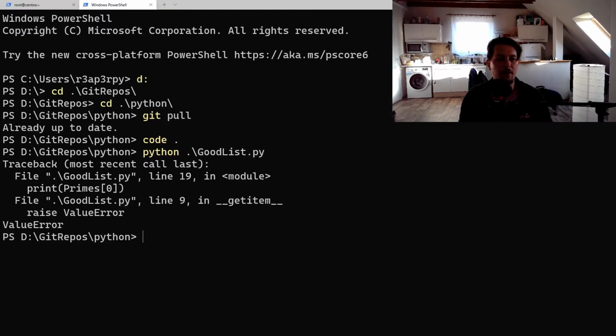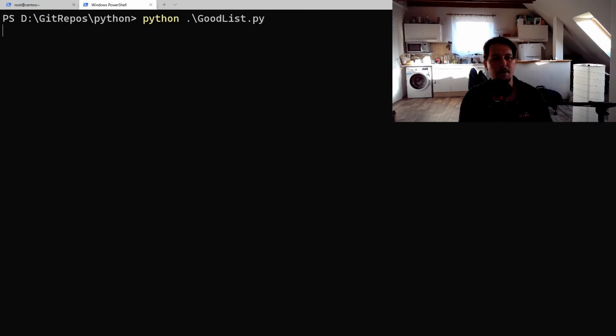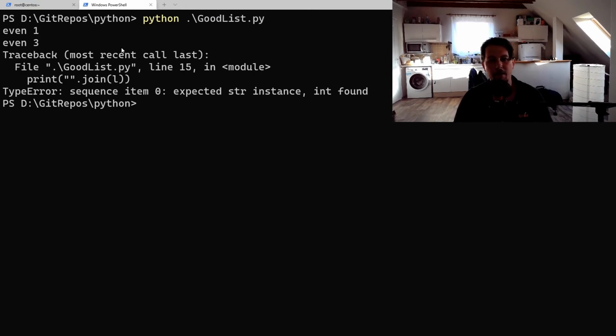It will not go as intended. Sequence expected string instance, integer found. So basically it says to us that the join function is unable to handle the appropriate values,